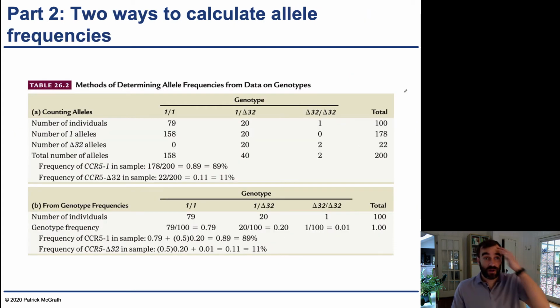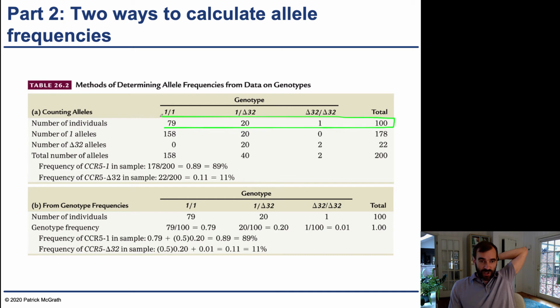All right, so long explanation. And so now what are we going to try to do with this information? So what are the genotype frequencies and the allele frequencies within a population? So here is an example of 100 individuals that were genotyped